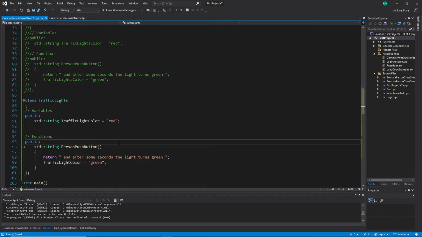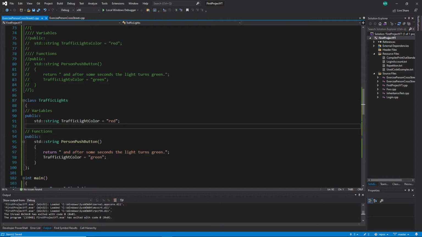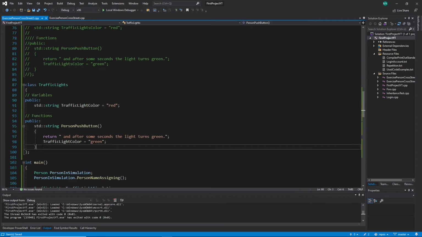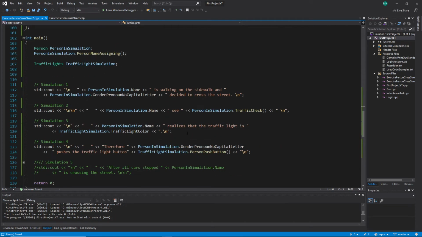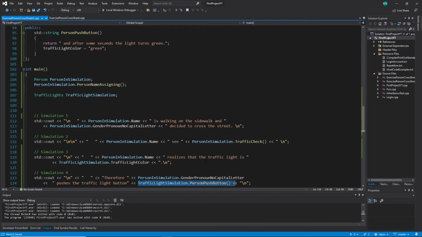But in this case it's not necessarily needed. Just keep in mind that you have specified how you want it. In my case I need it public. The reason is, again, I want to use it outside of the class. You can see I'm getting it outside of the class. All right, with that said,